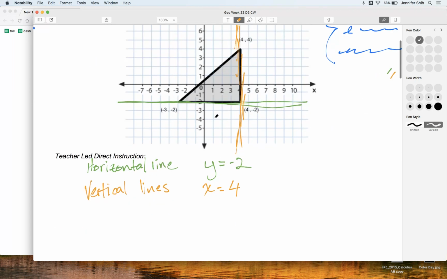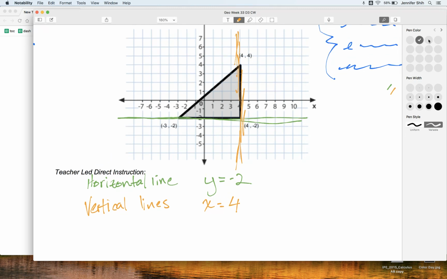We're going to use Desmos to fix that. All right, my favorite part. We are going to write an equation for this line here. When we write an equation for a diagonal line,